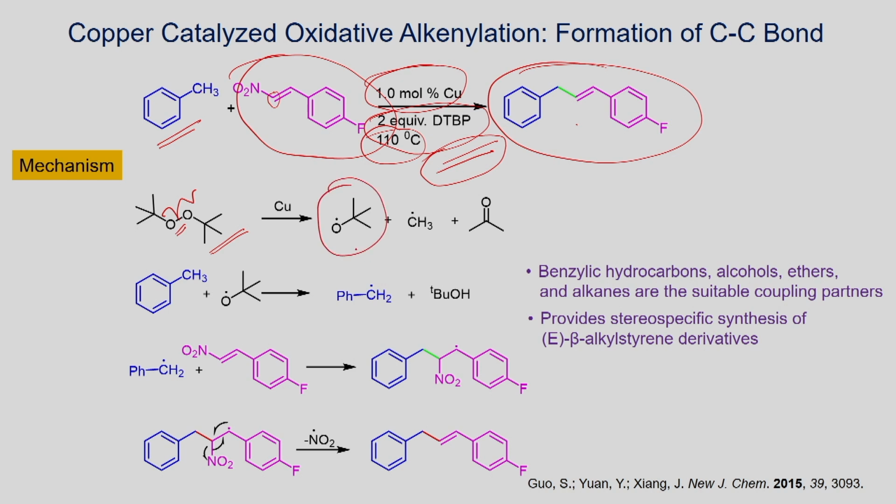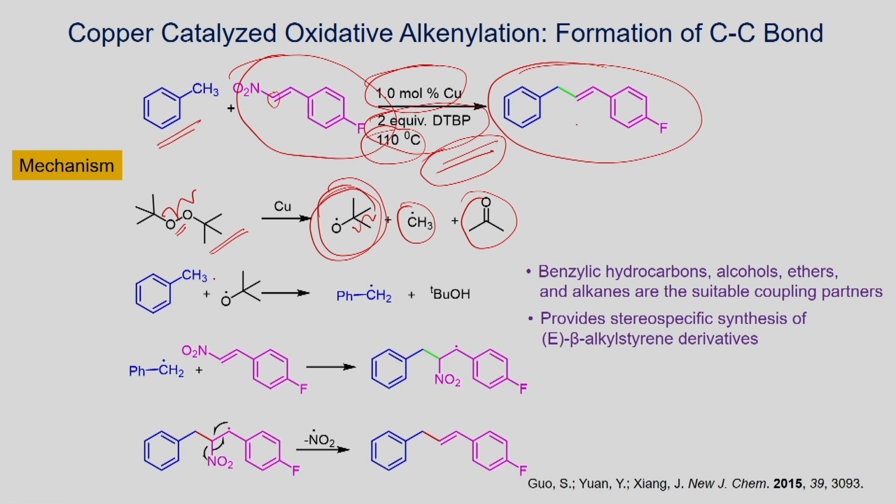This radical can also further convert, so one of them is converted into ketone and methyl radical. Once you form the tertiary butoxy radical,